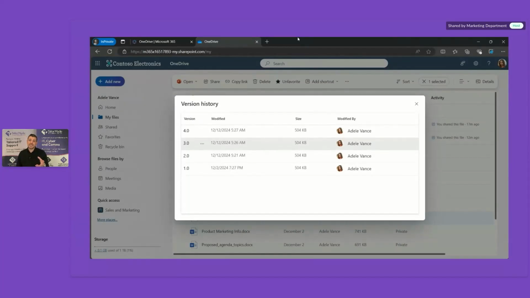Now, this is particularly useful when you think about collaborative working. Let's say I've just spent half an hour writing a load of stuff into a Word document, and then one of my colleagues has come in, looked at it and gone, no, that's a load of rubbish, and decided to delete all the work that I've done, and they've written their own thing, but they've totally missed the brief. I'm not very happy with it, and I want to get my information back again. Okay, in the old days, we'd have had to go back and hope that there was a backup overnight and that we'd be able to